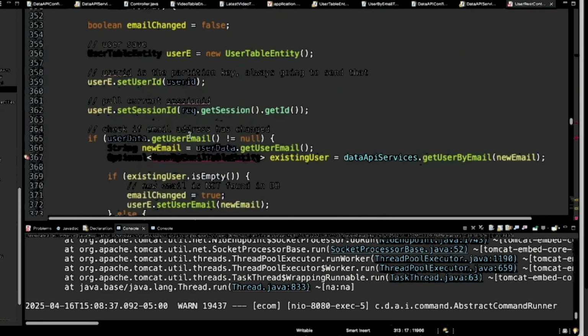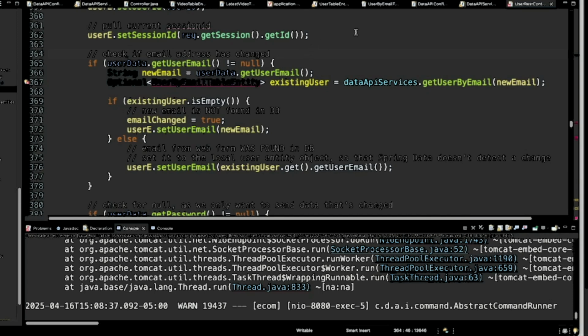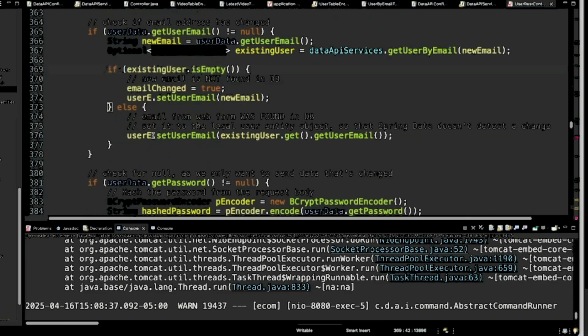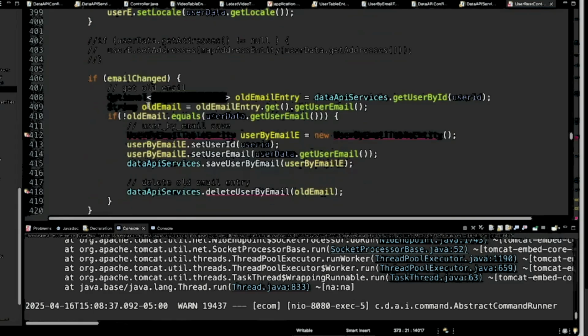Okay. Next. Oh yeah, this is for updating the user. So we wanted to check if the email address has changed. So again, let's get rid of that. And we're pulling back by email. Yep, check the password.